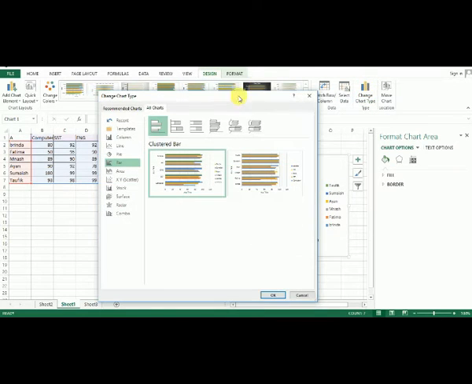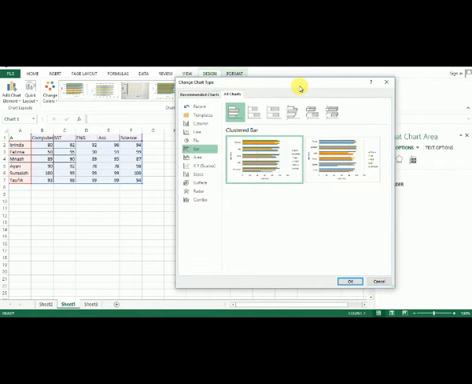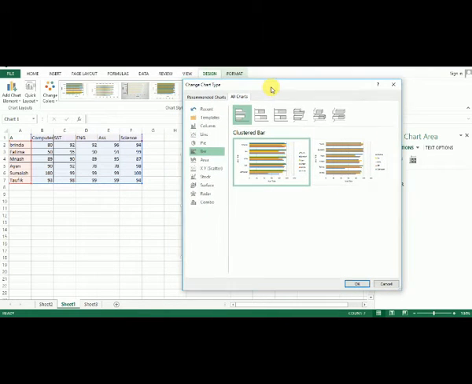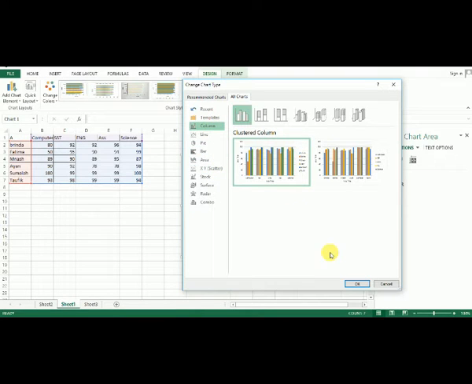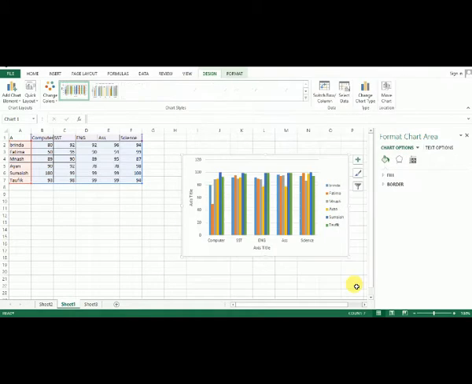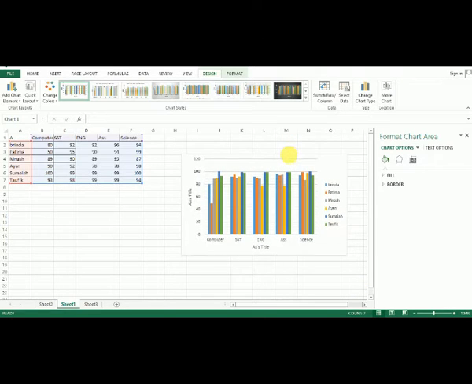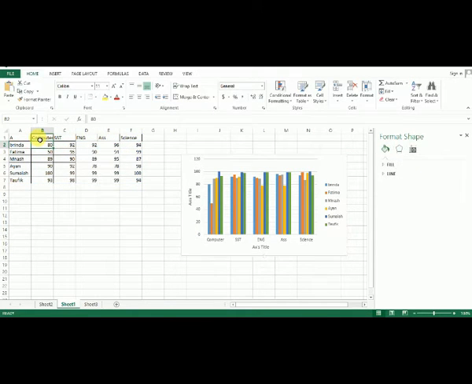Okay, so now it shows the chart types. If you want to select, suppose I want to select a column chart, click on OK. You can see the chart has changed now. But the table data is the same.